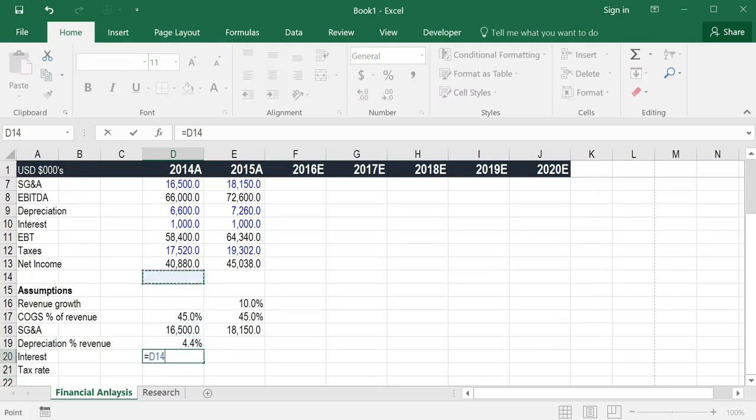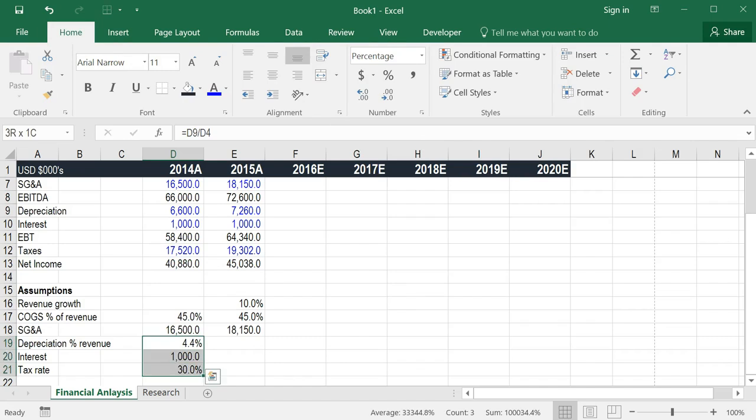Interest will be a direct reference to the dollar values. And tax rate will be taxes divided by earnings before tax. I press Alt-H-P and Alt-H0 to make it a percentage. I then select these cells using the Shift and down arrow and the right arrow and pressing Control R. So I now have in place all of the historical assumptions that will influence what I want to use as